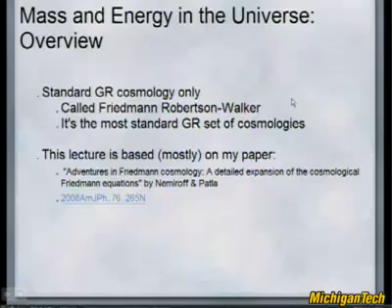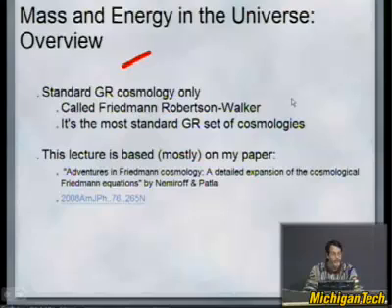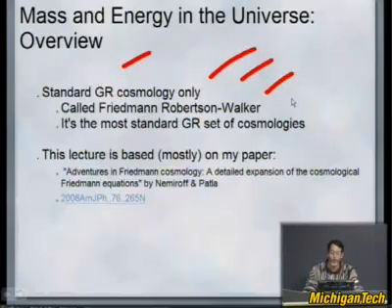So in standard general relativistic cosmology, the cosmology is too complicated. Einstein created a theory of gravity called general relativity, which was very complicated, very sophisticated. In order to understand the universe as a whole, people came up with ways of simplifying it into relatively few variables, and some of these people are Friedman, Robertson, and Walker, and they created the Friedman-Robertson-Walker metric, which includes a standard set of assumptions, and you can then create metrics, which means how time and space are measured between different